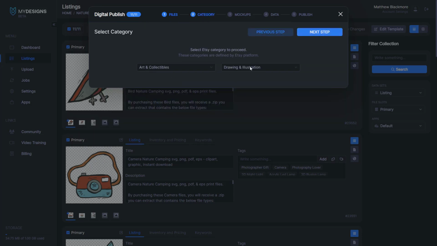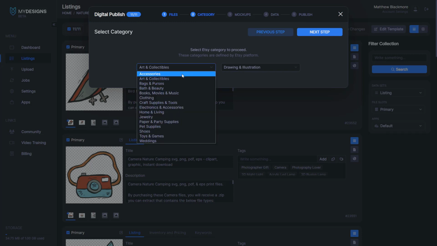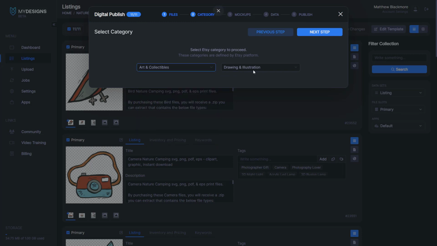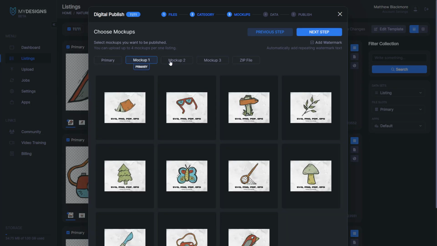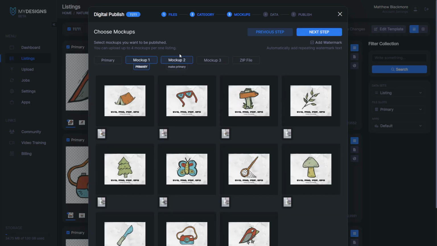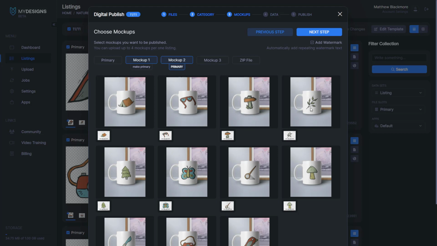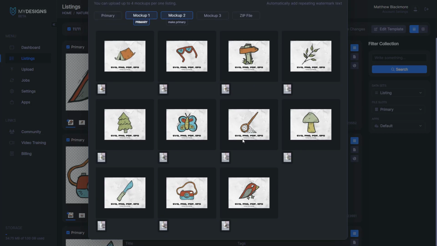Category is art and collectibles and drawing and illustration. You can change this if you'd like, but this is where I put all of my digital assets. So we'll go next step. Now this is mockups here. This says select the mockups you want to be published. We want mockup 1 and mockup 2. We have the option to make whatever one we want our primary. As you can see, that says primary selected. We can click that if we'd like. We don't want the mug as the primary though, so I'll go back to this one,